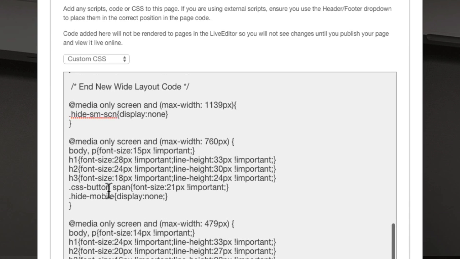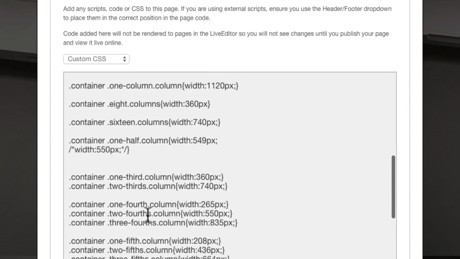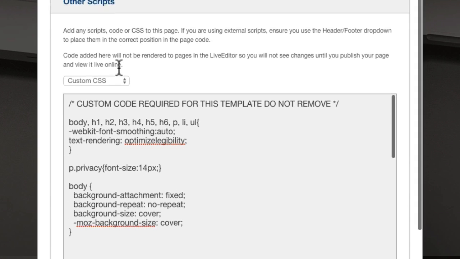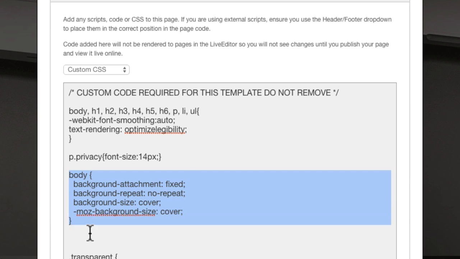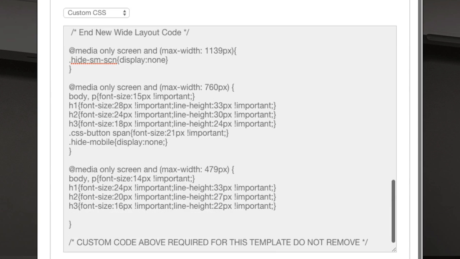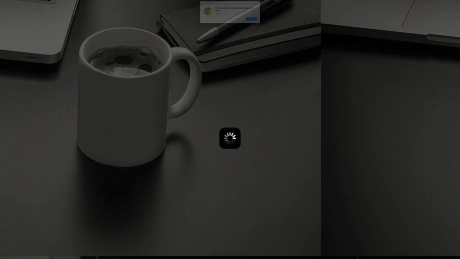So some of this code styles it for the wider layouts. But the main thing I'm doing here is with this body background attached fixed, what you see there. This whole section is basically telling the image to be fixed on the page when it scrolls. You'll see that it stays in place. It's also telling it not to repeat itself. And the background size is to cover the entire space inside. So if I just click update,